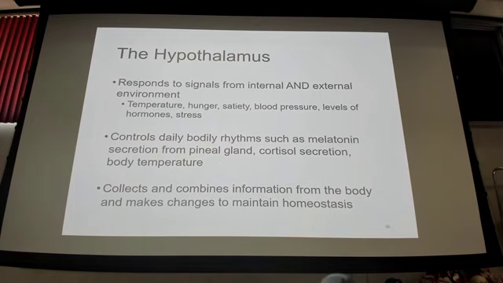So what triggers the hypothalamus? Again, stimuli, loss of solutes in the body, different receptors within the body, right? Hypoglycemia, circadian rhythms. It's just constantly collecting information through circulation, through the kidneys, through the waste products it receives and the nutrients it receives to see maintaining levels of homeostasis, essentially. Okay?